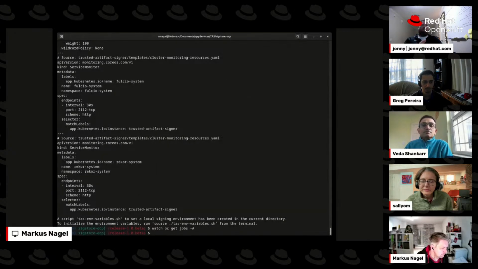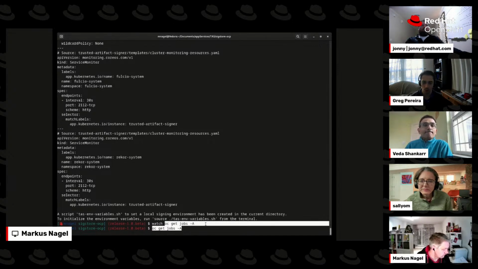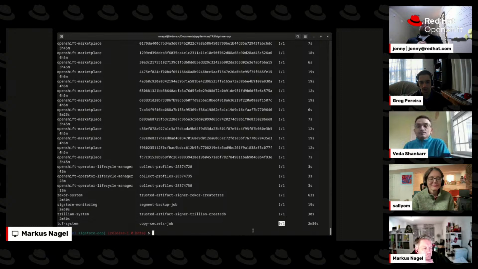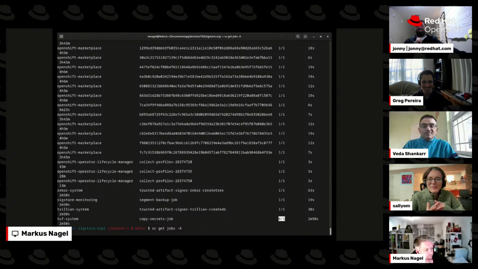And Greg, real quick, you were going to say something about the image. I was just going to say, in terms of getting access to the image binaries, we hope to package them for TP2 or GA as an RPM, but you can also go to the Red Hat certified catalog, and we have all the S2I images with the binaries tarred for Darwin, for Linux, and for Windows architectures. So you can use them as builder images there. Before, I was building the Cosign image and Rekor image separately, and then calling that in as an image string to run the Cosign CLI. So I'm glad to hear it.